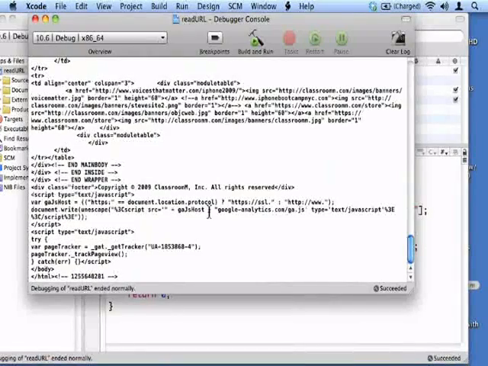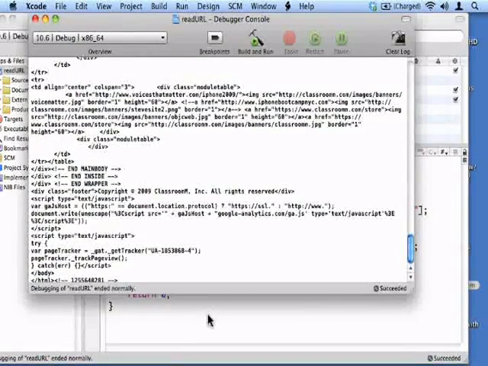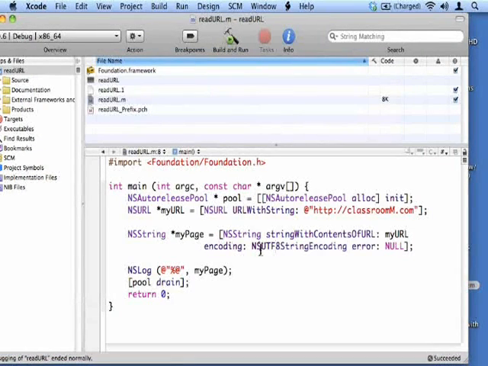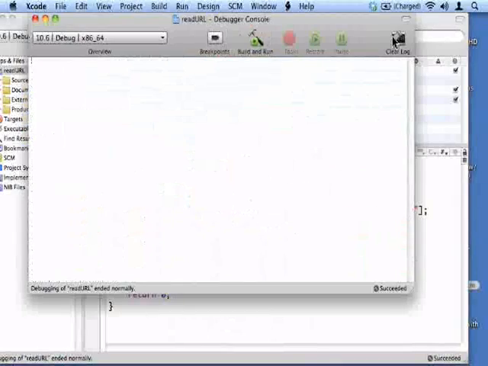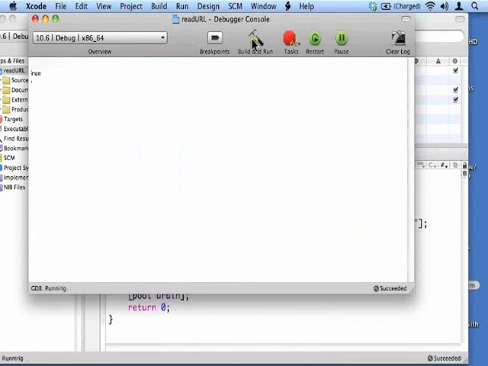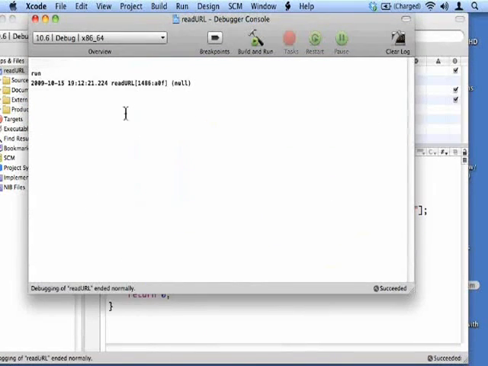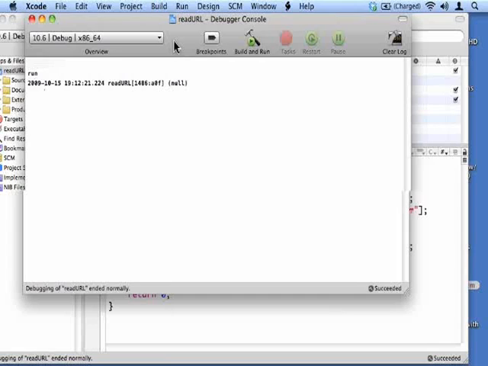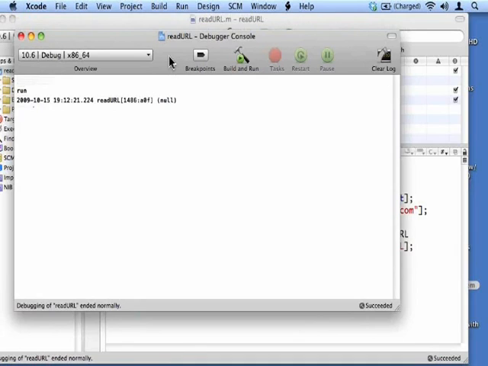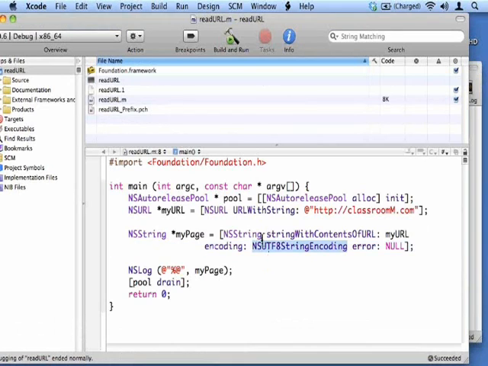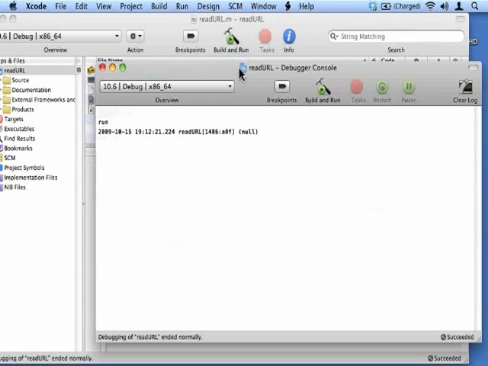Let's see what happens if I use the wrong encoding here. If I used UTF-8 string encoding instead, and I run this program, you see it doesn't work. I get a null object back. So once again, use NSASCIIStringEncoding as your first guess here if you're reading a URL, and that'll give you most of the time the results you're looking for,